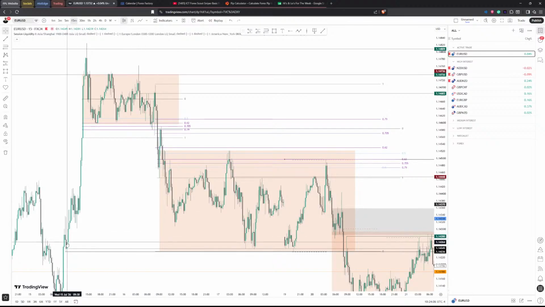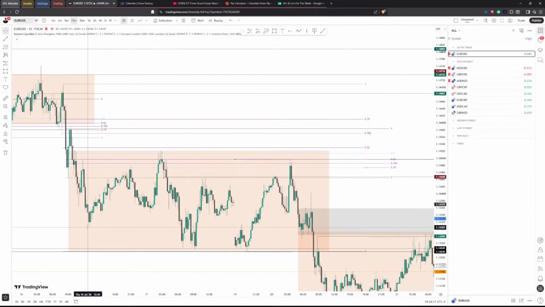Oh, I see this order block here. So this order block and this order block, that's where we consolidated. We never closed above 0.5 and 0.62 level on the fib of the upper order block. So the order block should have its own. Okay, so yeah, order block is this here, and we never close above this 0.5 level here,